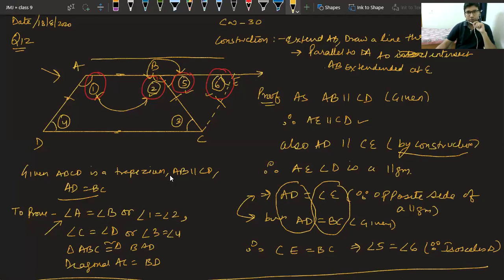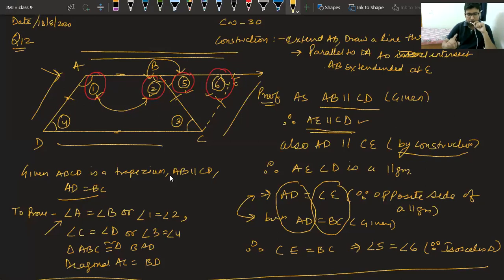First, we have proved it a parallelogram. As AB is parallel to CD, we can say this AE is parallel to CD, complete AE is parallel to CD, and complete this equal to this thing. Vaishnav, beta, you are asking very late. They all are not equal. 5 is equal to 6, first of all. These 5 and 6 are equal because they are opposite to equal sides, and I have used this 5 and 6 to prove this thing. Okay? Vaishnav, 5 and 6 are equal because they are opposite to equal sides. Okay? Now, let us see the second part now.